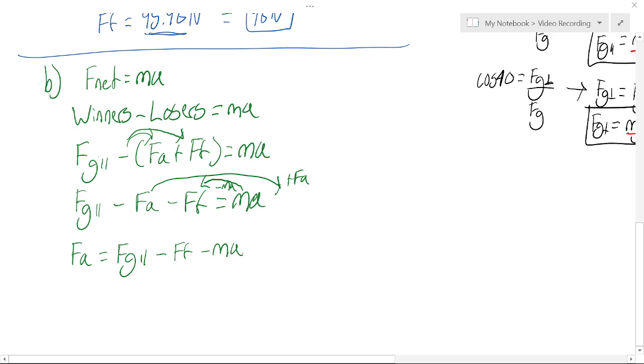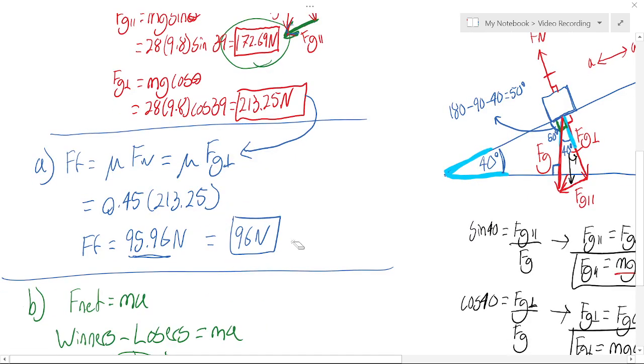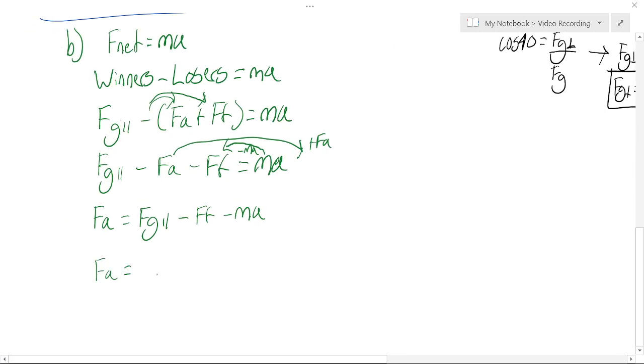Now Fg parallel I already found up here. Here's Fg parallel, 172.69. And force of friction, I already found, is right here. It's 96 newtons, but I'm going to use the unrounded value over here for a more accurate answer. And let's go ahead and plug those numbers in. Fa equals 172.69 minus friction, 95.96, minus ma, m is 28, a is 0.2, and I find Fa equals